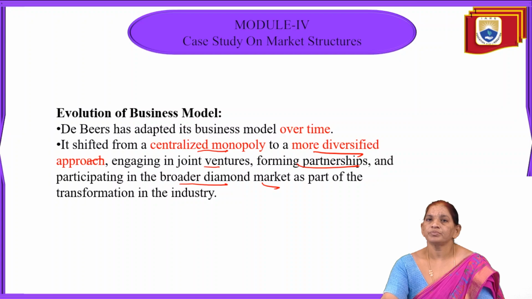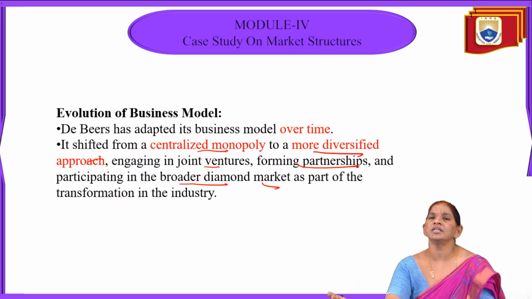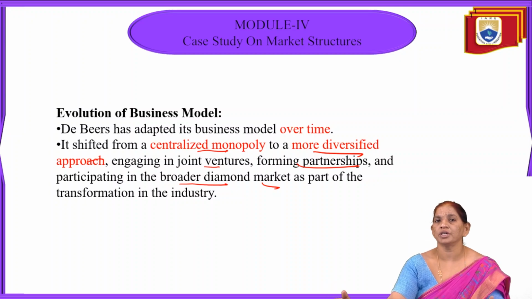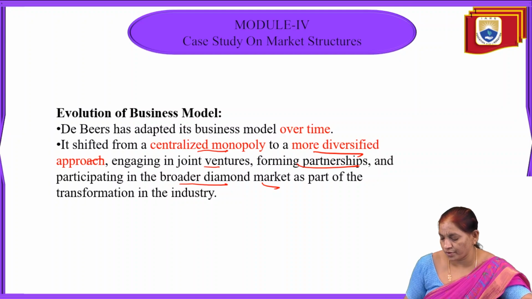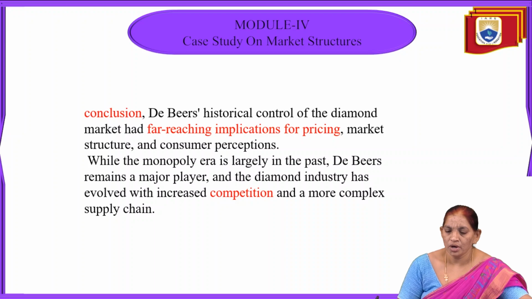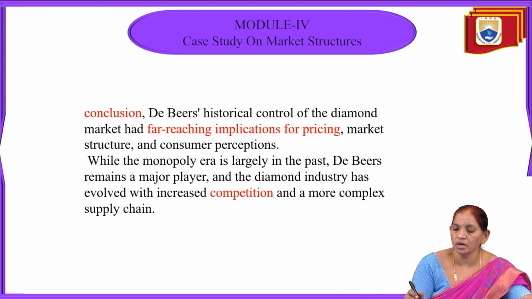So from an individual, centralized monopoly, it developed into diversified approaches like partnerships or joint ventures, or broader participation in the diamond market in exports and imports, or in the distribution network, giving a new variety of business model for the De Beers diamond industry. With this we can conclude that De Beers has historical control, as it is in